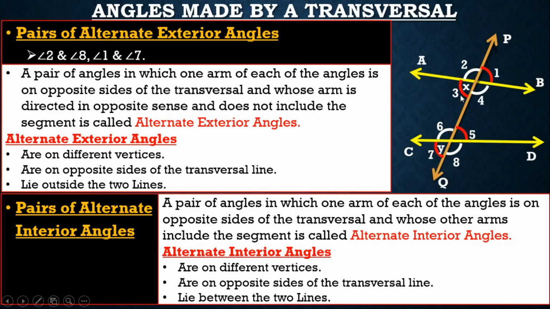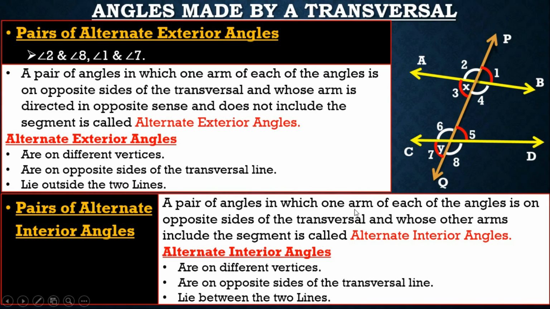that is angle 3 is the alternate interior angle of angle 5. Likewise, we have one more, that is angle BXY is the alternate interior angle of angle CYX. Why? Because they have a line segment, one arm has the line segment XY, and they have another arm which lies on the opposite side of the transversal, that is XB and CY are the arms which are lying on the opposite side of the transversal, and hence angle BXY and angle CYX is one more pair of